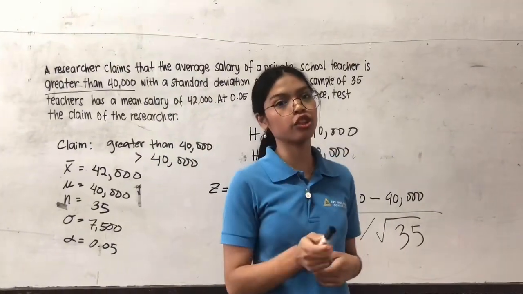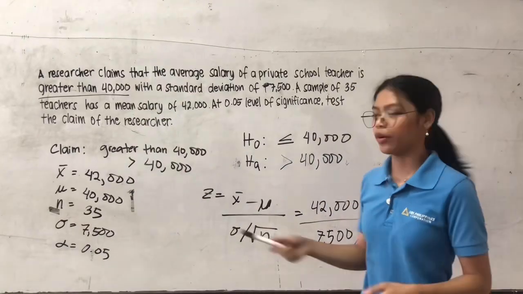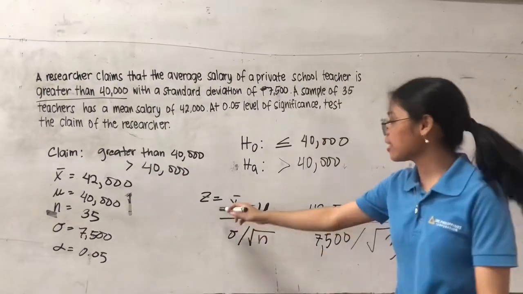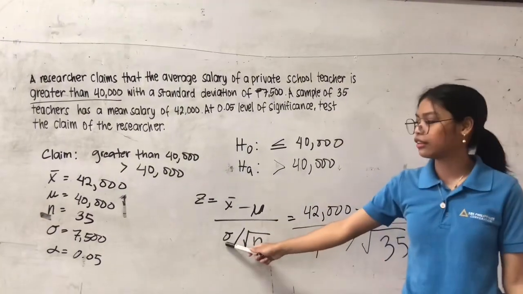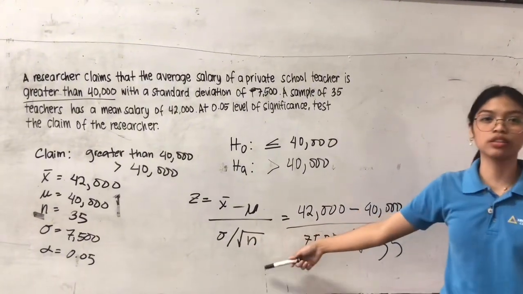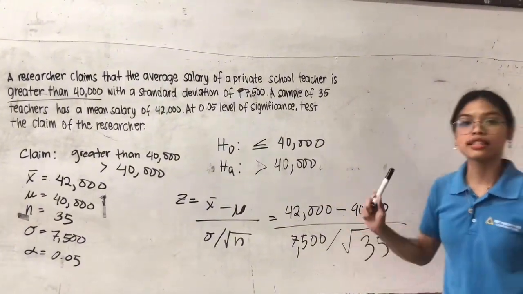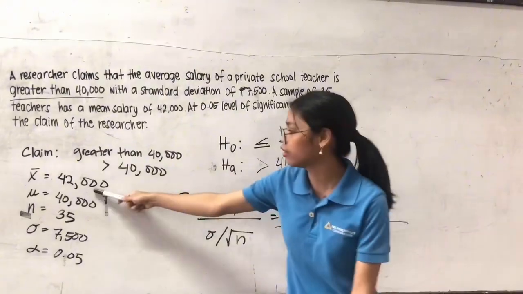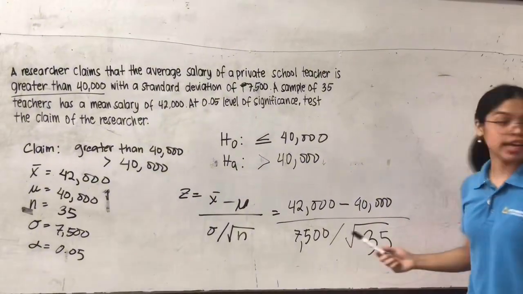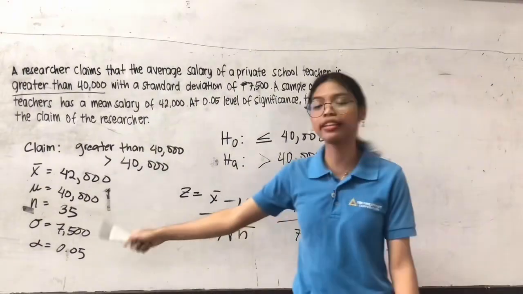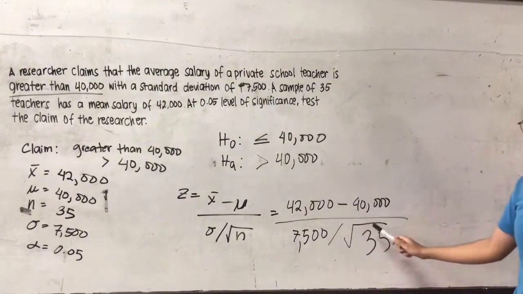For our substitute solution, we're going to substitute the given data and use our z-test equation. Z equals the sample mean minus the population mean over sigma, our standard deviation, divided by the square root of the sample size. First, we substitute the sample mean, which is 42,000, and 40,000 for the population mean, over sigma, the 7,500, divided by the square root of 35, which